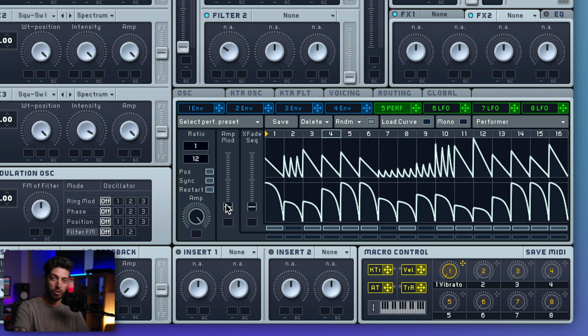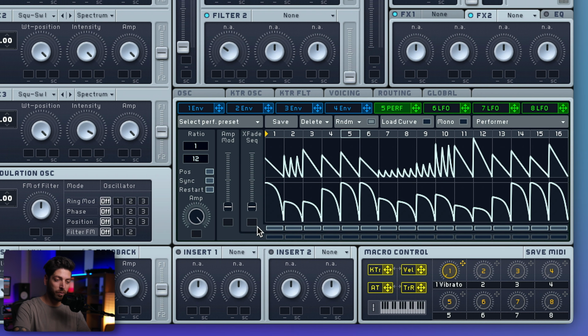Very cool. You can also do things using the amp mod here, like mute certain steps. So if this is turned down, you can click this. I like to follow the little boxes here, and that's kind of what they open up to. See how it muted that ratcheting step? You can do that on these. And you can also click and drag. So those are some options